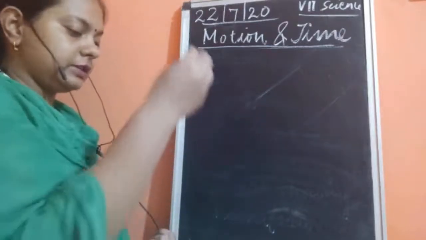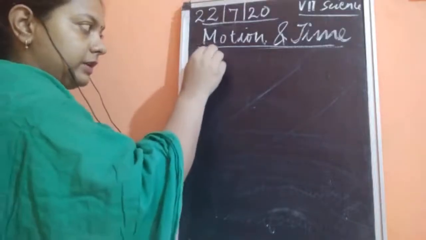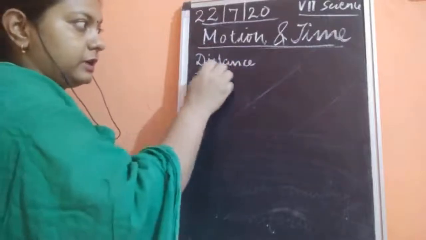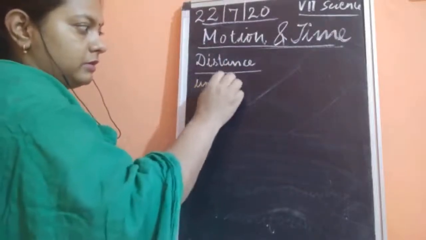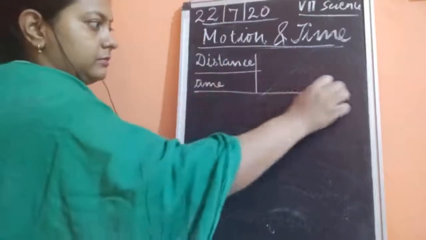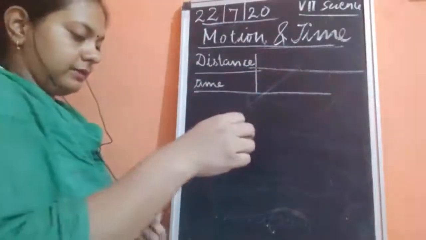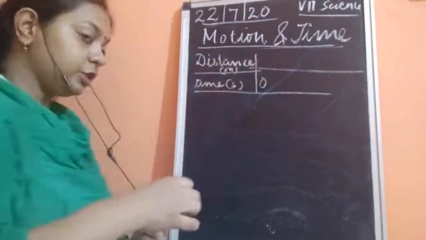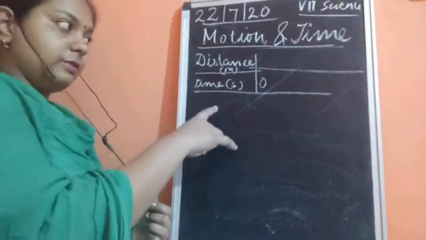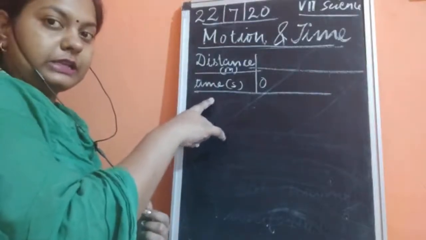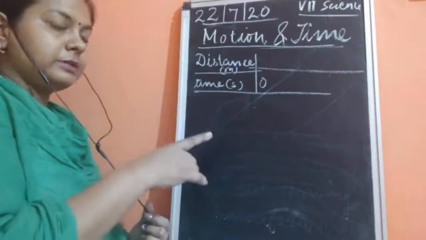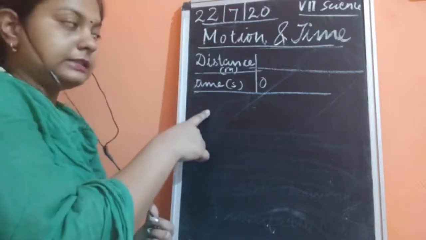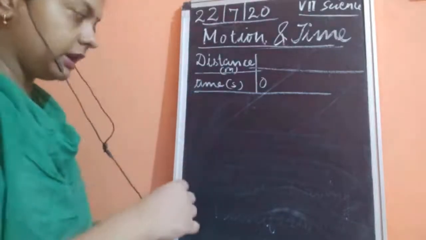So we will write the data first. In one part we'll write down the distance, and in the second part we are going to write down the time. Time is in seconds and distance is in meters. You need to know the units also, because the standard unit for speed is meter per second. The standard unit of distance is meter, whereas the standard unit of time is seconds. So we are going to take all the standard international units only.